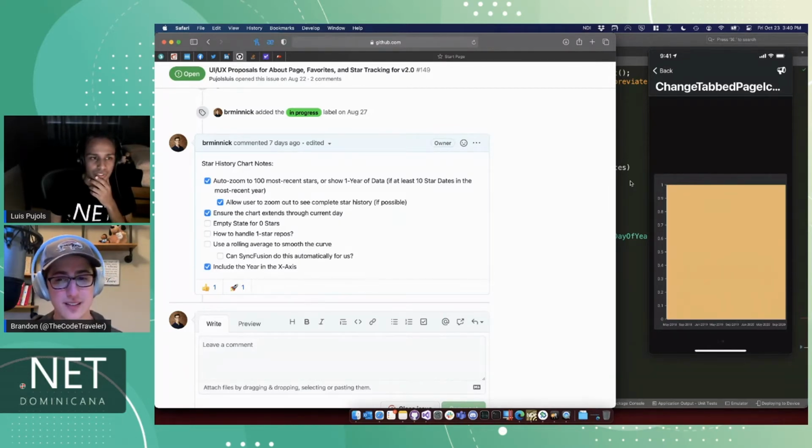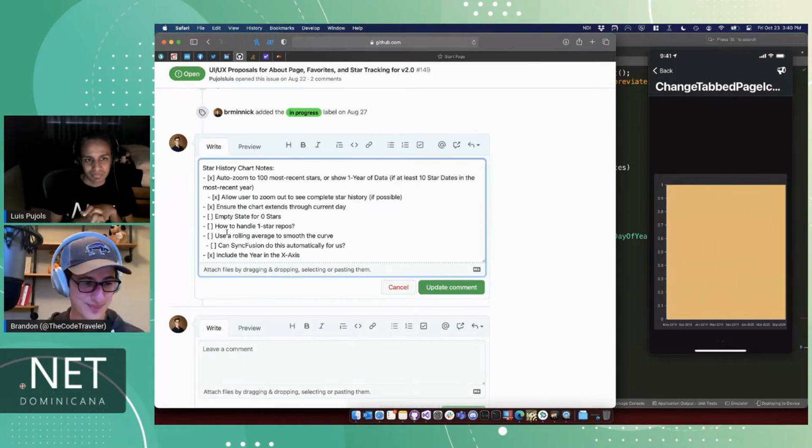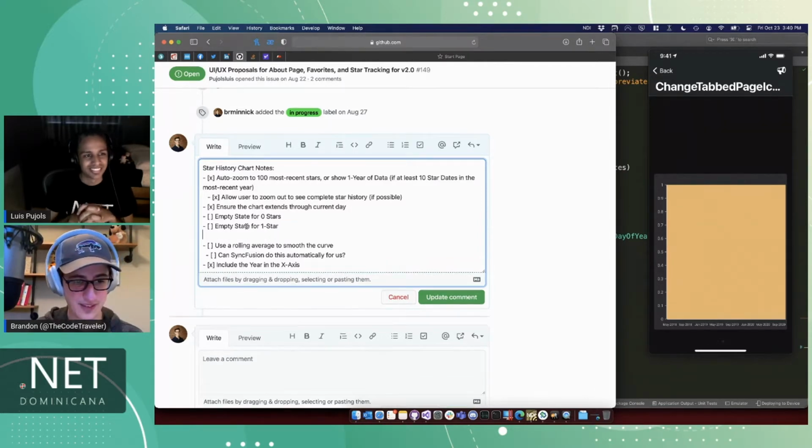Maybe when he has the first star, it could say, "Hey, you just got your first star. Keep sharing your repo," and something like that. Let's jot that down. I know it's not an empty state, but we'll call it an empty state for 1 star, and then